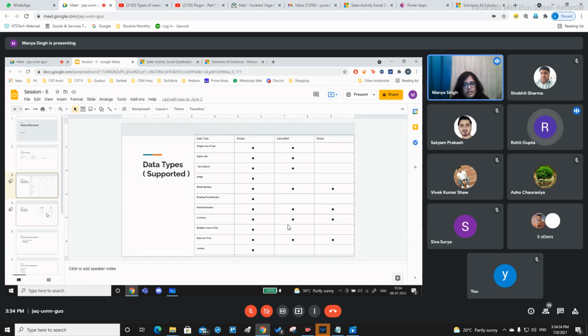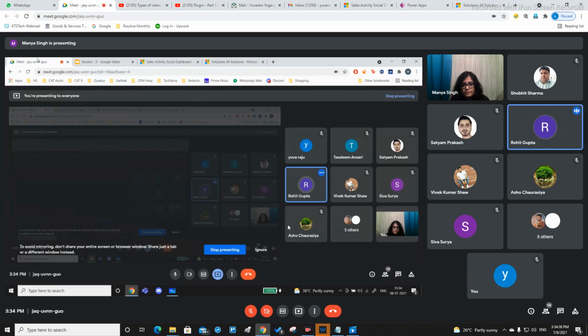So basically, in some places the data has to be generated by a system, right? Just like in a Flipkart case, if I add a quantity of two, then the price would get doubled, something like that, right? So basically, some kind of automation we want to perform on field data, right?